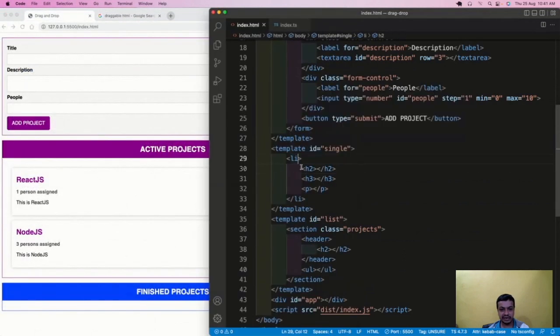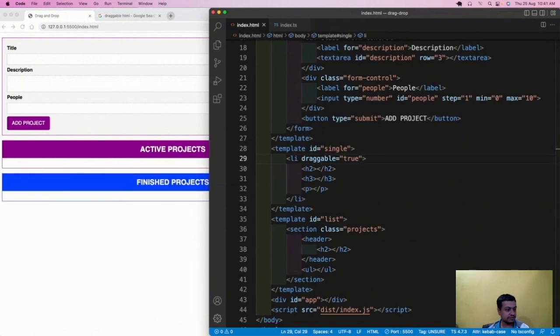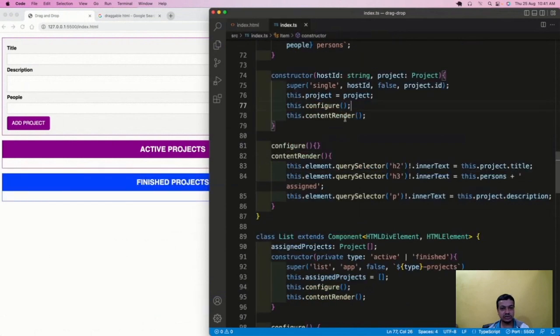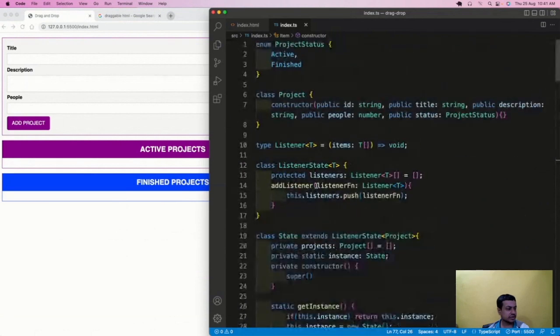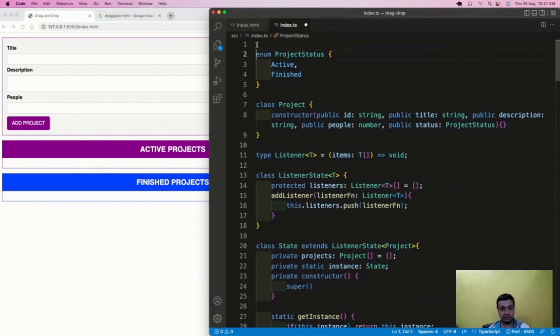So this li I will make it draggable is true. So draggable is true, I have created. Now I'll go back to the index.ts file, and here I have to add some draggable interfaces which we are going to soon use. So I will go here and